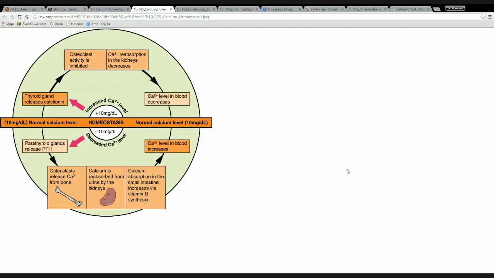So in any question that is looking for a reference to this, it will take parathyroid hormone or PTH, but I would strongly suggest just use the abbreviation. It's a lot harder to misspell that. PTH also targets the osteoclasts and makes them more active, so they release more calcium from the bone matrix. And then PTH targets the kidneys and causes calcium reabsorption or retention in the blood, so you don't lose it